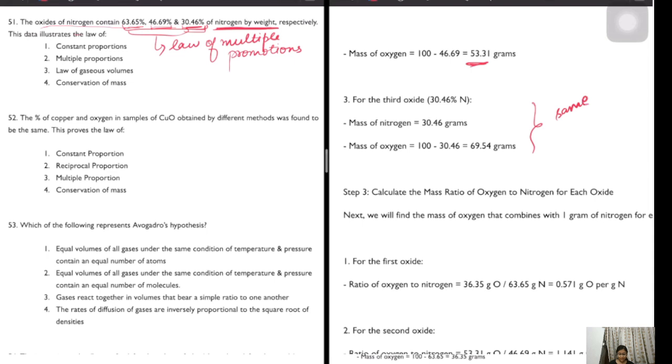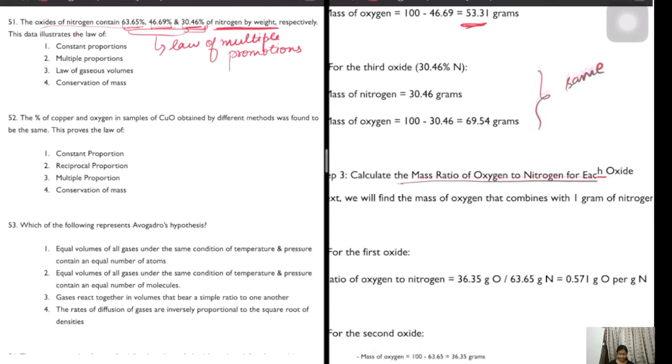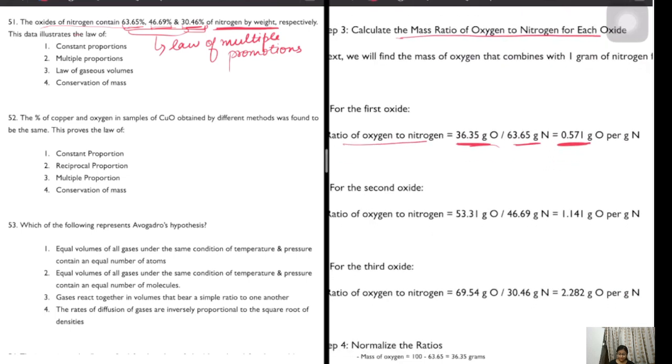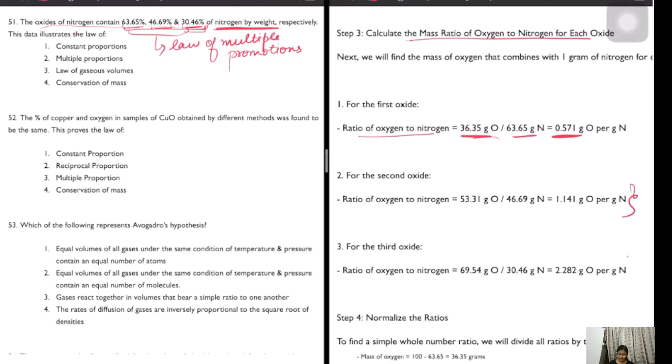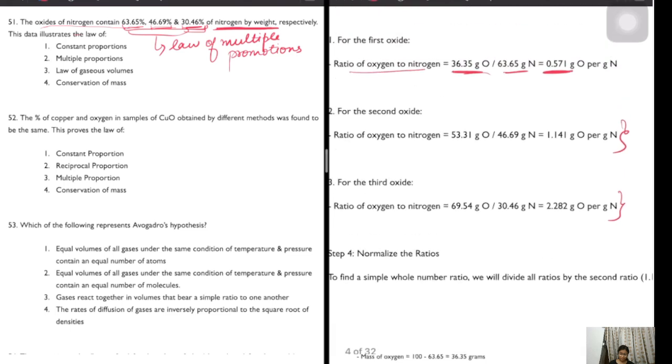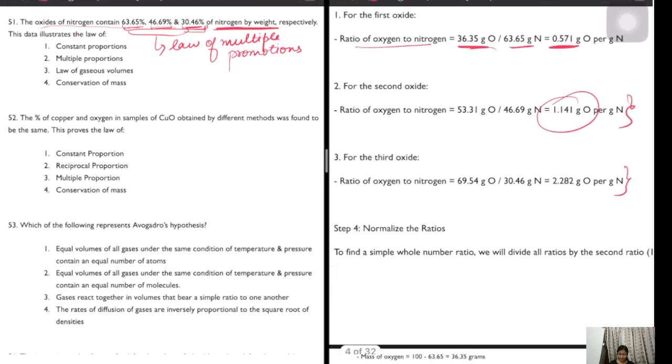Now we'll calculate the mass ratio of oxygen to nitrogen. For that, we'll divide these. For the first oxide, the ratio of oxygen to nitrogen would be the mass of oxygen divided by nitrogen, which we get as 0.57 gram. Similarly, we'll do it for the second and third oxide. Now we will normalize this ratio. For doing so, we want each to be similar, so we'll divide by this value and we get